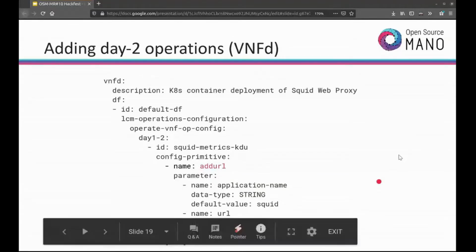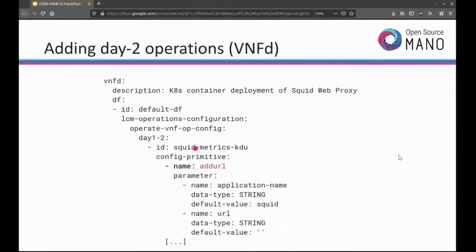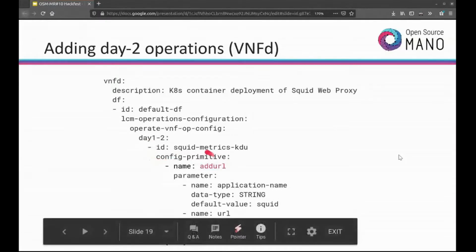So there's one part in the VNFD, up until here is day 1, 2. And here, when we put the config primitives, we have an array of